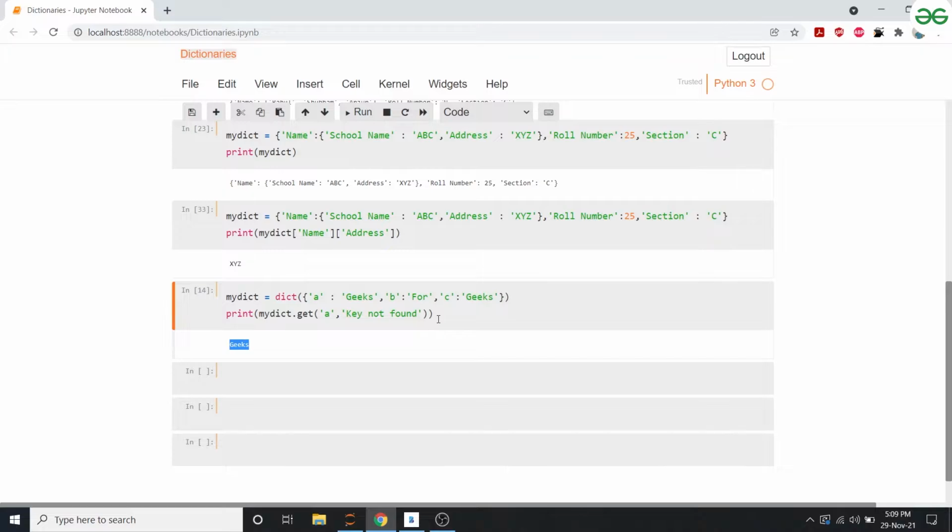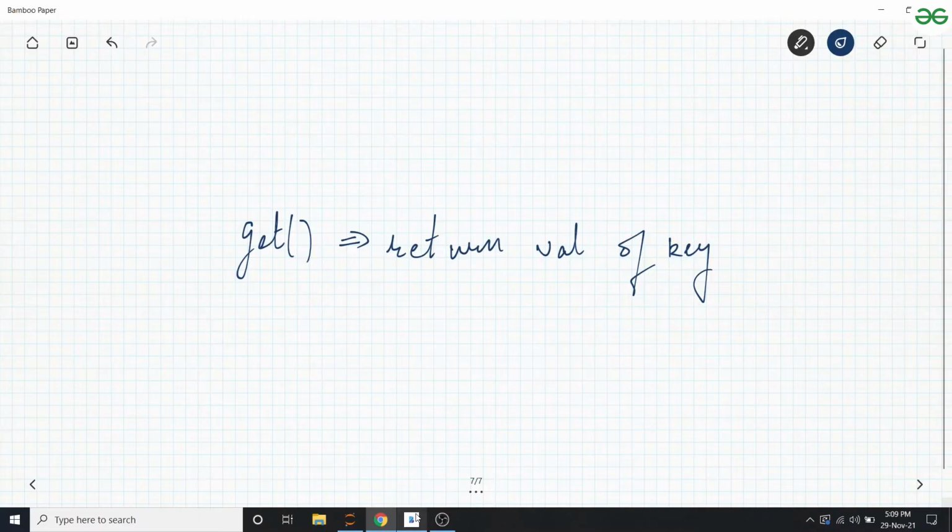Okay, understood? Moving on. Also, one last thing before we move on, it does not necessarily have to be a string. You can even return a 0. So for example, we again access a key that is not present. You can return 0 or 1 or anything that you want to. So the get function allows you to access a key, and if the key is not present, by default it will give a NoneType variable, but you can also get it to return whatever you want. Okay, moving on to the next function.